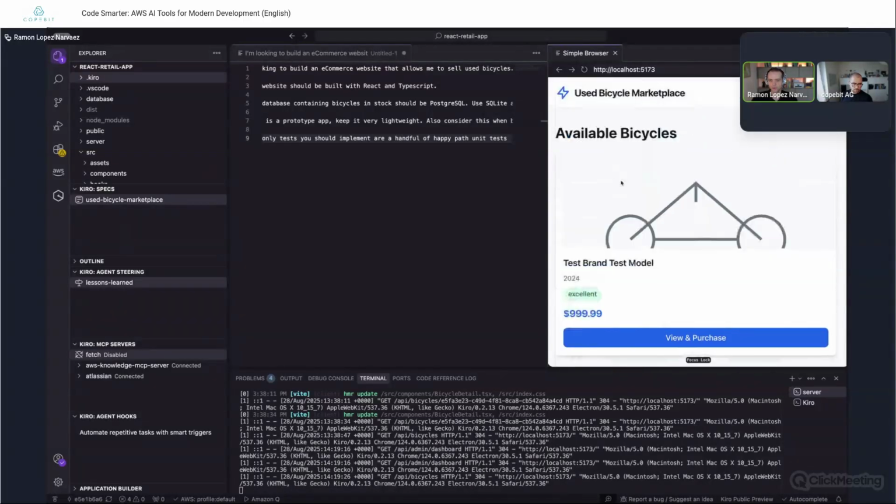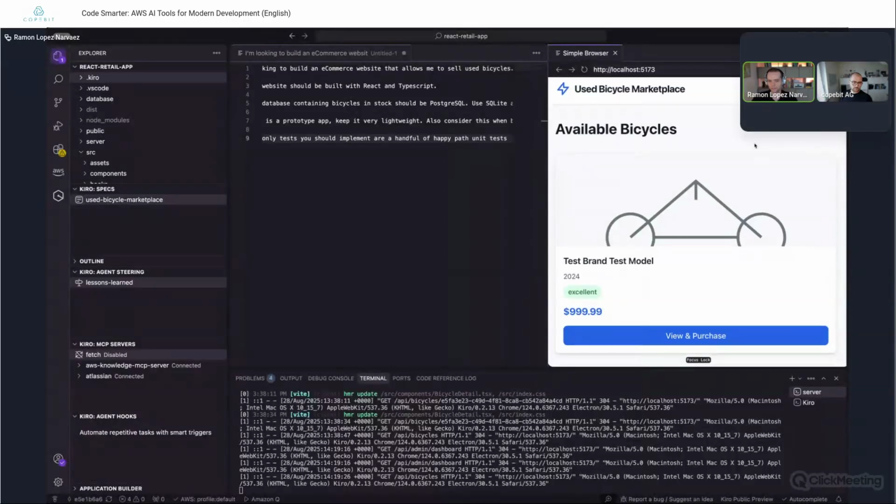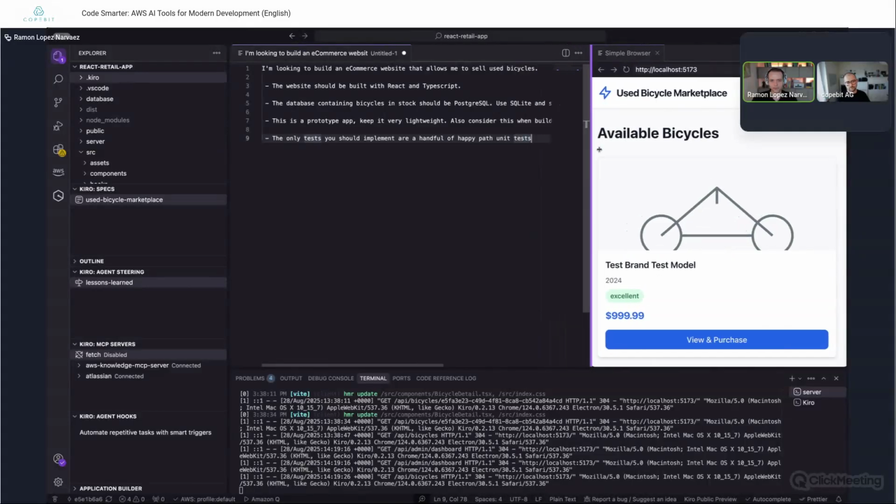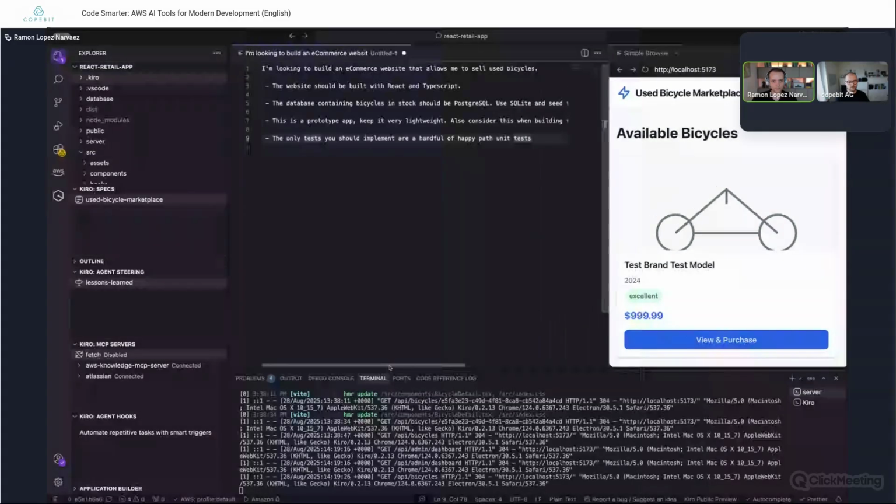I want to talk about how the process looked to go from 0 to this kind of application. If you look at this window here on the left-hand side, I'm looking to build an e-commerce website. This is exactly the prompt that I started with and gave Kiro to build this.